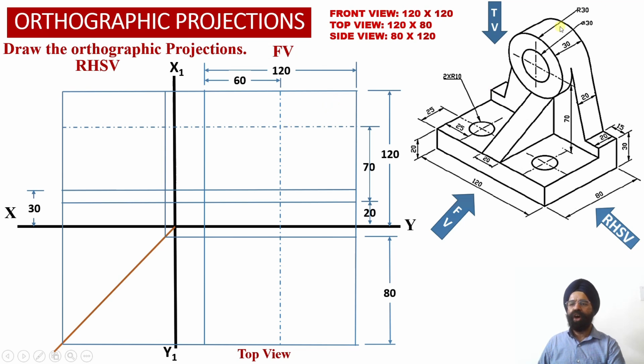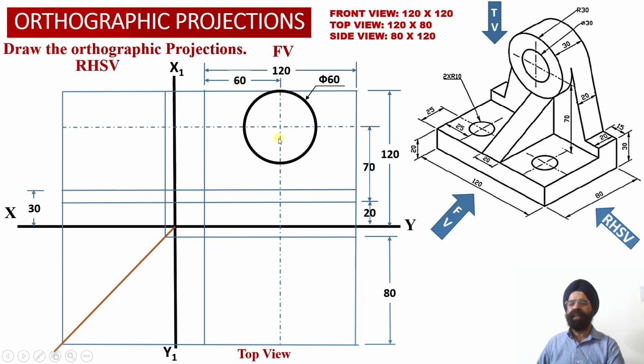view projections. Now we know that the diameter of the outer portion of the circular hub happens to be equal to 60 millimeter, or the radius is equal to 30 millimeter. So with this as center, we can take a radius of 30 millimeter or a diameter of 60 millimeter. So we have obtained the object line projections corresponding to the outer portion of this circular hub, which is lying at the top surface of the vertical web, that is element number 2 over here, and we have marked this